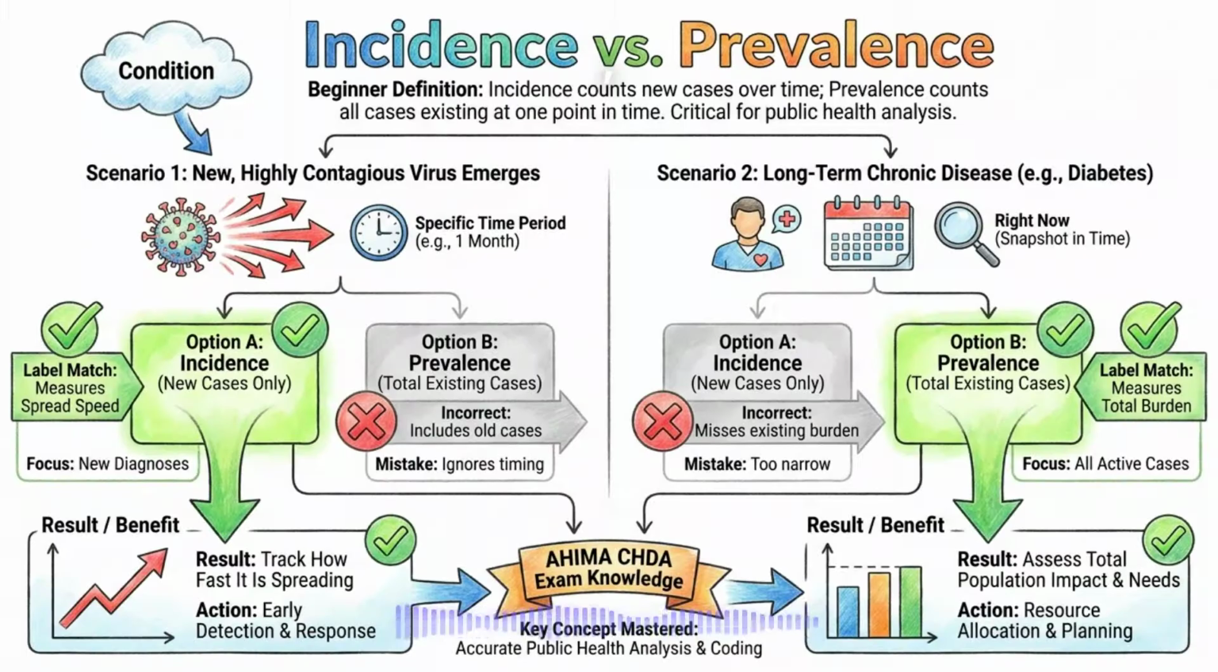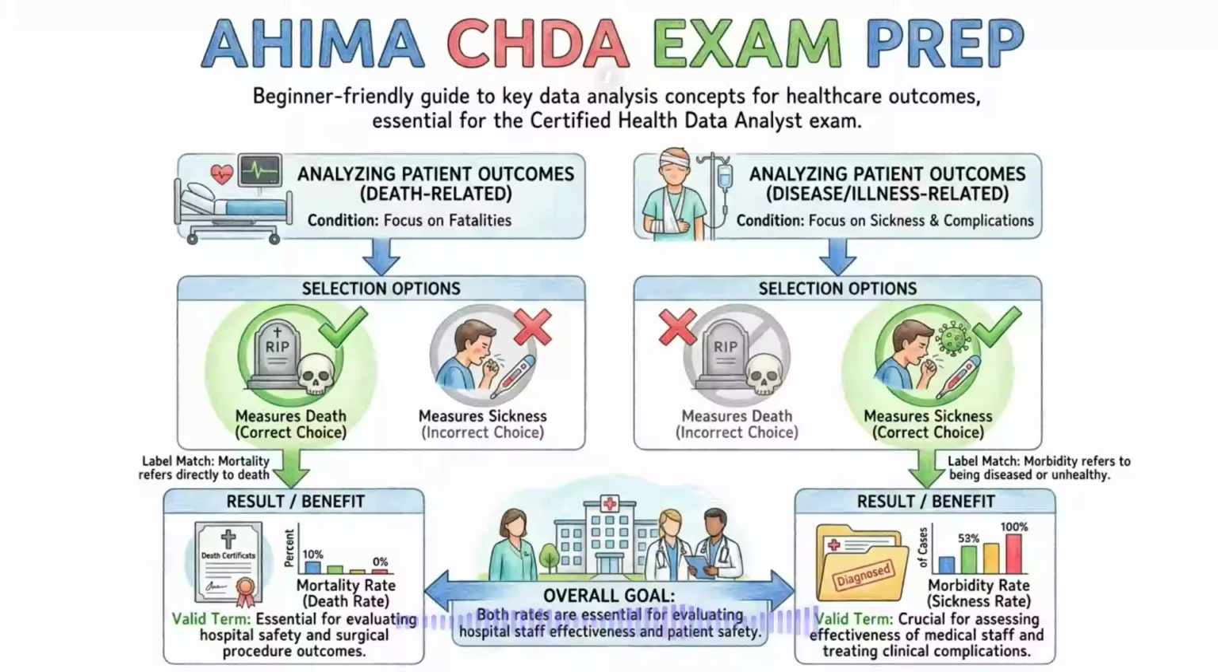Incidence measures only the number of brand new cases of a disease that appear during a specific time period. Prevalence, on the other hand, measures the total number of all existing cases of a disease in the population right now, regardless of when they were first diagnosed. If a new, highly contagious virus emerges, public health analysts will look at the incidence rate to see exactly how fast it is spreading. You will also need to clearly distinguish between mortality rates and morbidity rates when analyzing patient